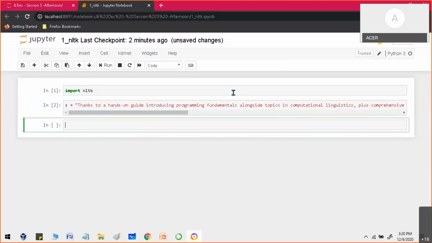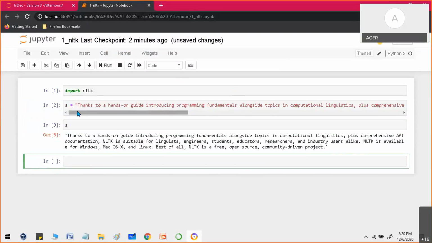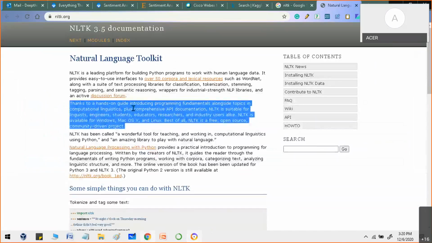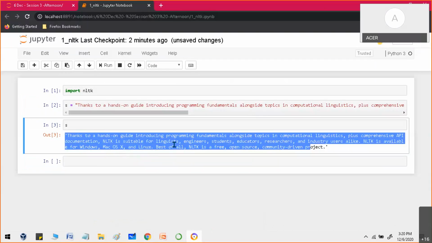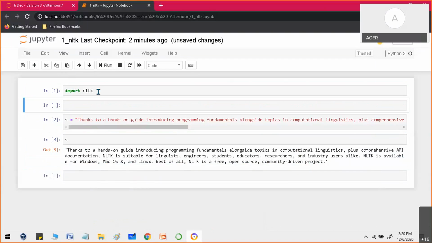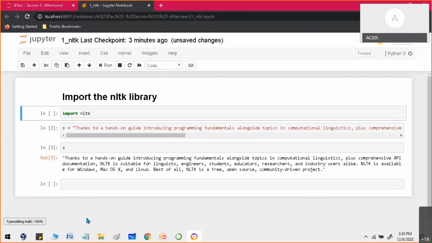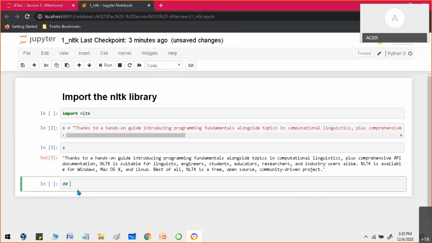I've copied it, I write S. You can see that the complete text which is stored in the variable S is being displayed here. So this is what I have copied from here. You can see here also the same is being displayed, right? First step, so here what I have done is I have just imported the library. Now in the next step, what I'm going to do is I'm going to generate